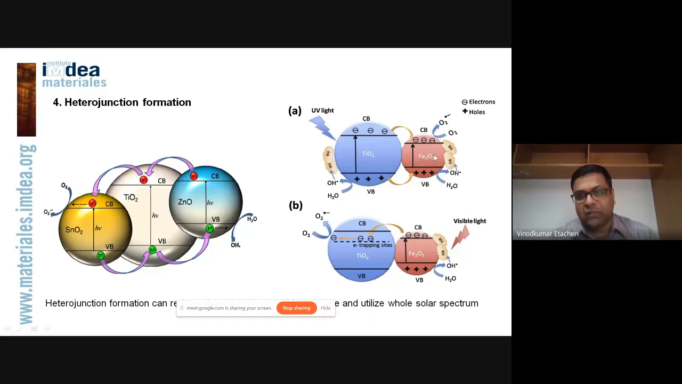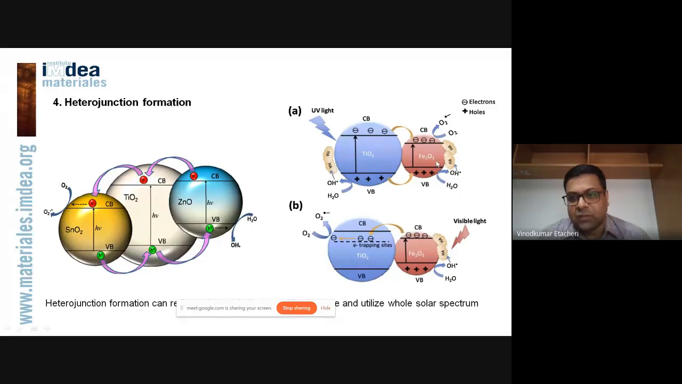If you check iron oxide, a TiO2-iron oxide hybrid as a heterojunction, the band gap of iron oxide is small, so it can absorb visible light. So the electrons on iron oxide can be transferred to TiO2. Or in the presence of UV light, TiO2 can absorb UV light and then transfer that electron to iron oxide. So such